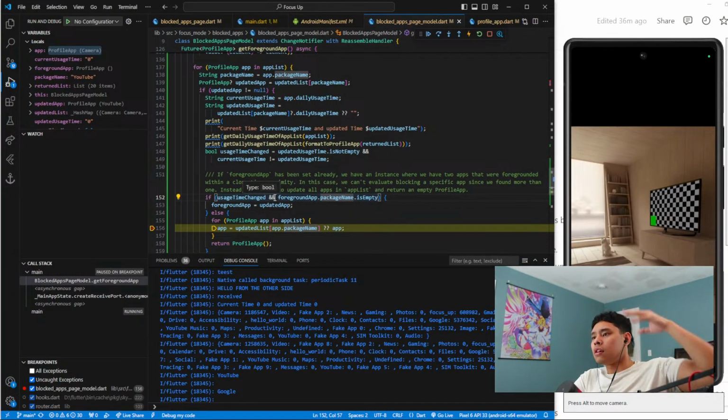Oh, I see. This is slightly incorrect. It should be if usage time